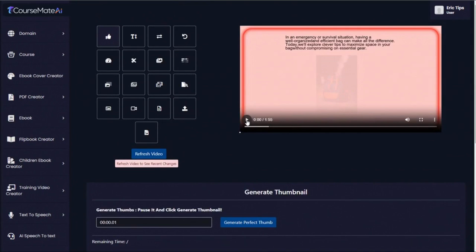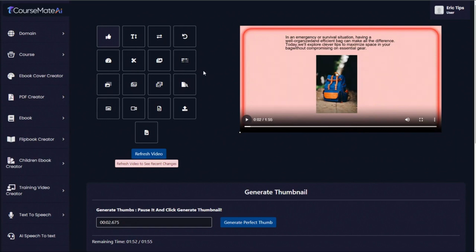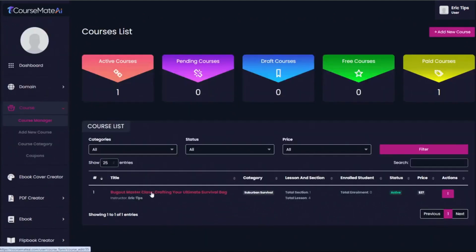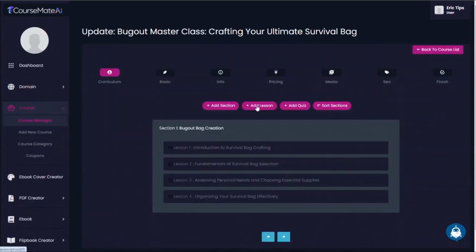Here it says video generated successfully. So now if we click play, "In an emergency or survival situation," you can see our picture of the backpack is now a part of the video. And we can simply repeat that process to add additional images, text, and even overlay videos. Once your video is done to your liking, you can download it, or we can go back over to the